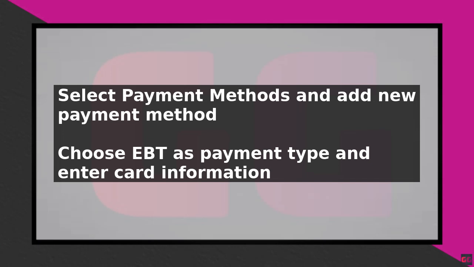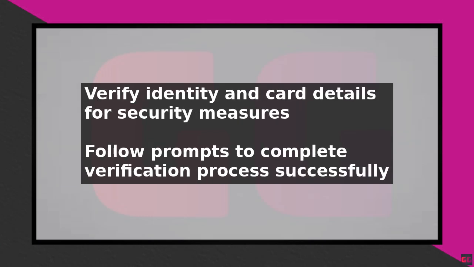Once your EBT card has been verified, it will be added to the Meijer app as a payment method. You can then use your EBT card to make purchases through the app. To do this, simply select EBT as the payment method at checkout, and enter your card information to complete the